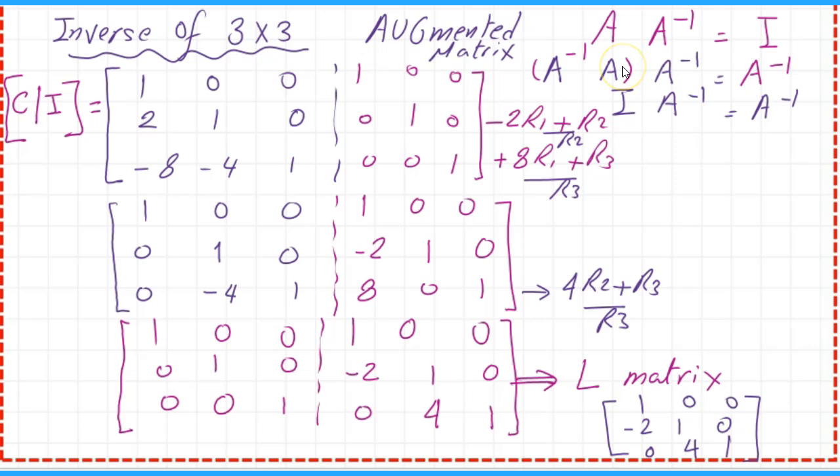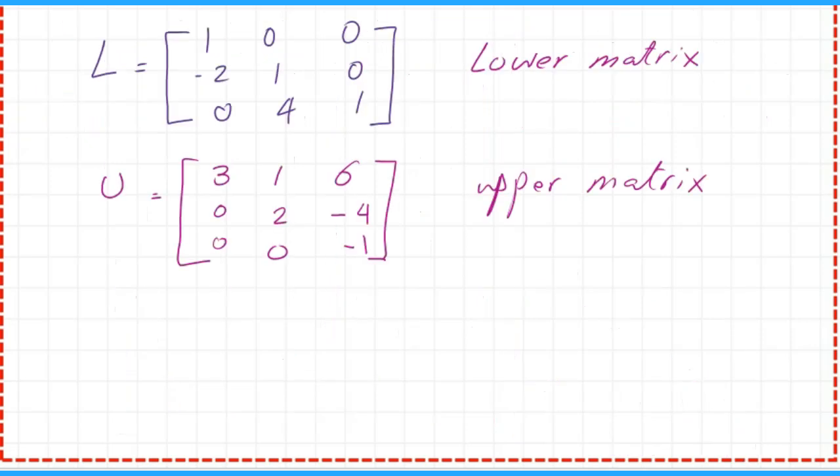And we do row operations. We multiply both sides by A minus 1. So at the end, if you reach I by A minus 1, it will give you A minus 1. After several row operations, when you start with the identity matrix on the right, you will end up with the inverse matrix at the right hand side. These are the operations that will give us the same L matrix. These are the two lower and upper matrices at the end.